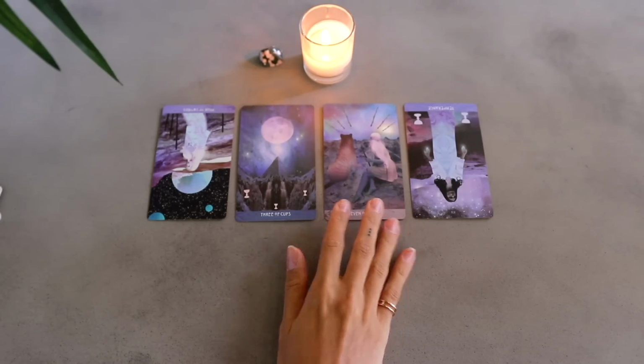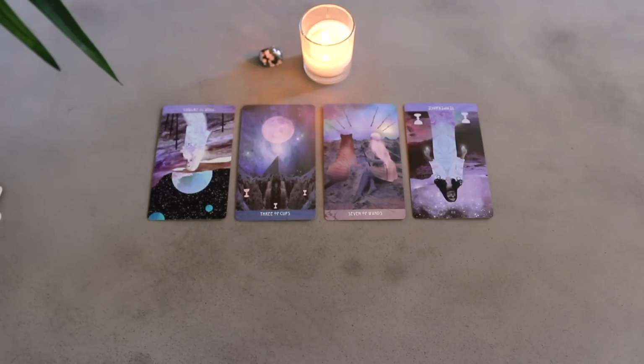When you have the Seven of Wands, this is definitely like you guys are very good at leading. You're also very looked up to. People see you as someone who's at the top. People see you as somebody who's very wise. They come to you for advice. So one of your natural talents is just naturally being a leader, naturally being at the forefront,